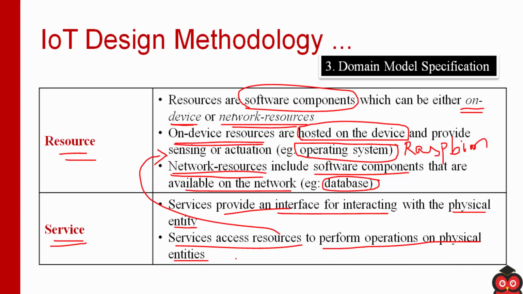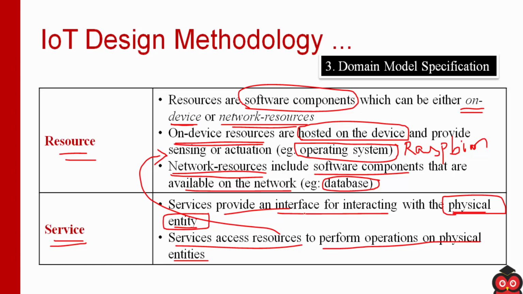Services you can assume like setting the mode, like auto or manual. One more service can be turning the lights on and off. One more service can be accessing the data about the light level in the room. So those are examples of services. In these services that I have told you, I am accessing or interacting with these physical entities, that is the room and light bulb.